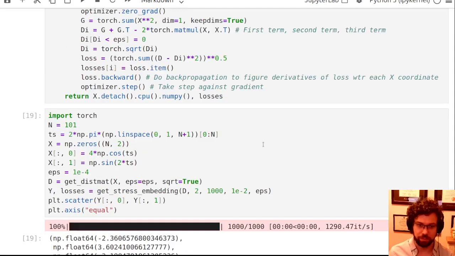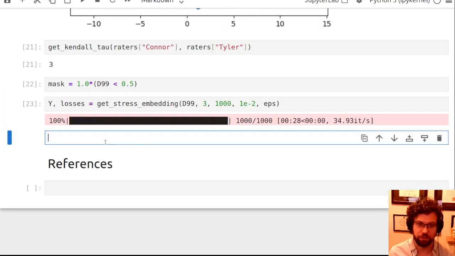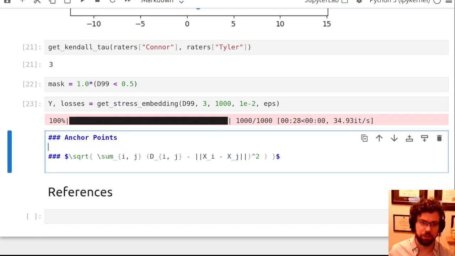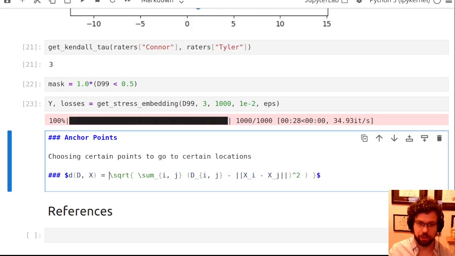You can easily modify the objective function in a couple different ways that is more difficult to do with classic multidimensional scaling. So first, I'm going to introduce something called anchor points to this equation. So this is going to be choosing certain points to go to certain locations. And so what I'll do is I'll just modify the objective function to say, okay, the objective function is going to have the same two-stress that it did before, but I'm also going to add to it j anchor points. So I'll say lambda j. And what I'm going to say is that